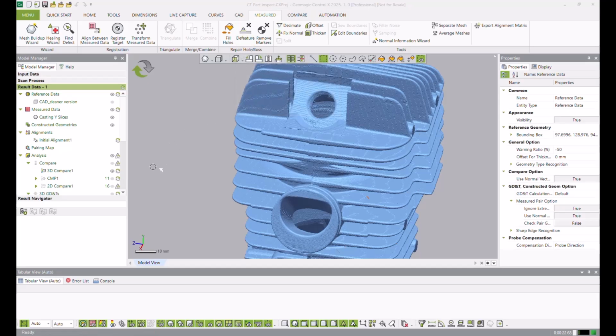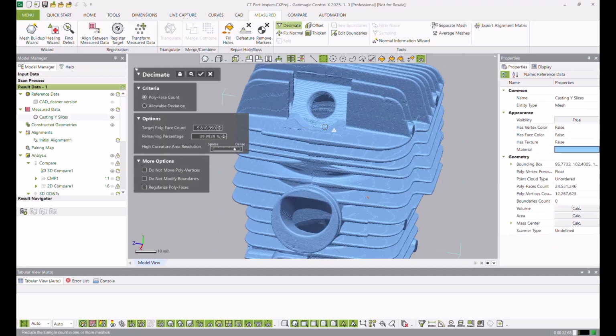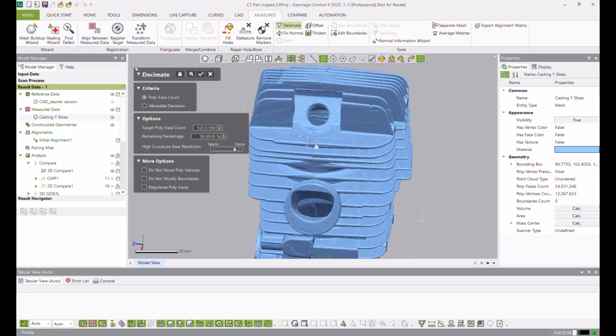So I'm going to come to my decimate tool, and this is going to reduce the model down. I can either specify the number of triangles or polyfaces that I'd like, or the percent. And 39.999, I mean, let's just call that 40%. So reducing it down by 60% of this 24 million. I hit the check mark, and then I'm going to let it process, and it's going to selectively decimate the